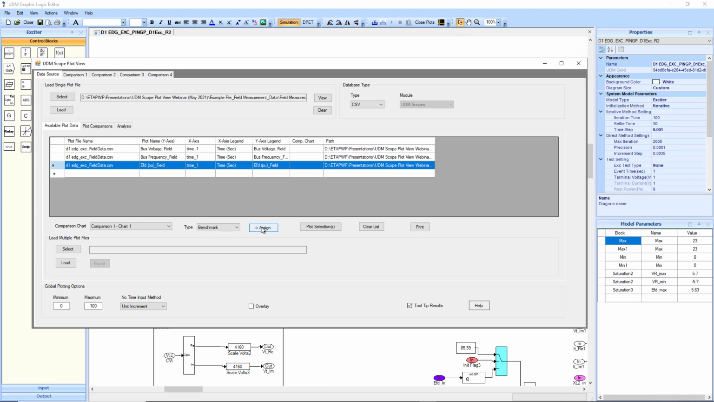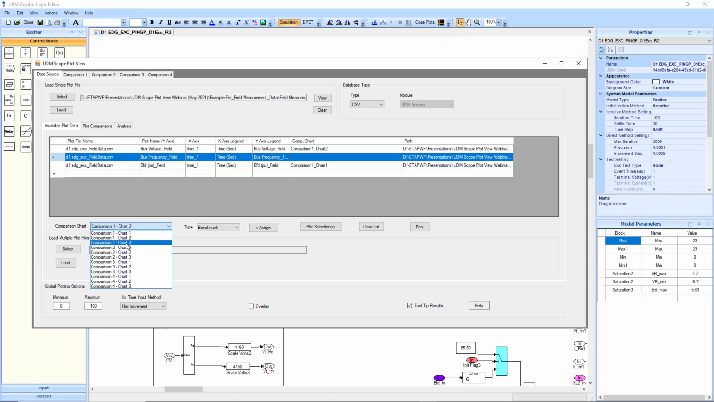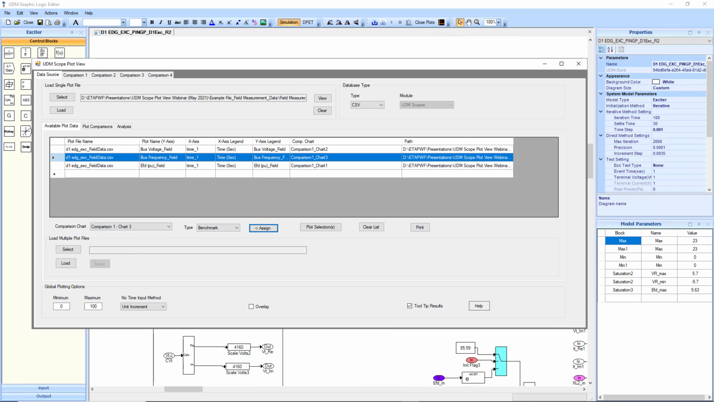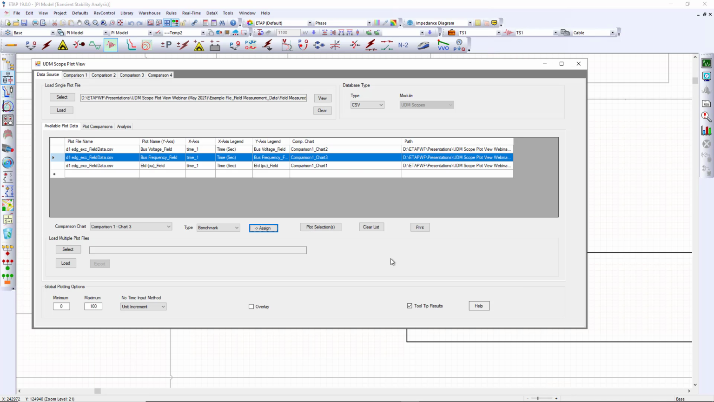1 benchmark. For that, we simply click on assign, and we see the assignment of the comparison chart that we have selected. Now let's select the voltage as the second plot to be compared, and last but not least the frequency. And now we can see that ETAP has already finished running the calculations for our transient stability scenario, so